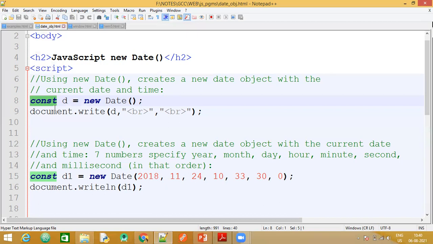Then directly again in the document.write, this particular d is going to be passed. Now this d is going to return to you the current date and time. After that, I've given a comma, followed by 2 br tags in double quotes. Br tags are HTML tags, and we are trying to use them in JavaScript as a new line character. So you need to put it in double quotes, and one br will indicate a single /n. I needed 2, so we have made use of 2, which are separated by commas, and then this is followed by a semicolon.